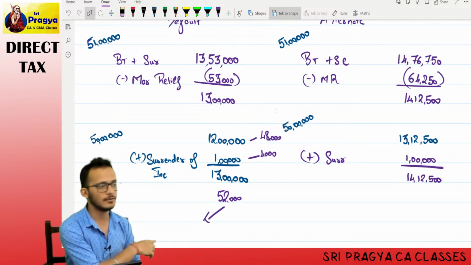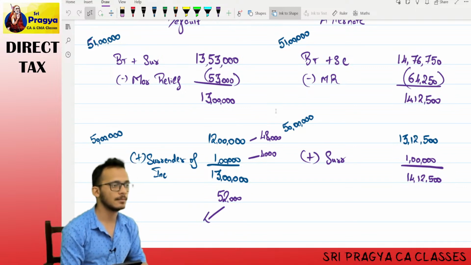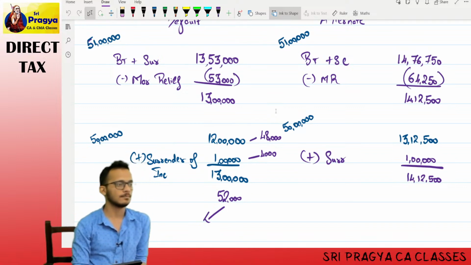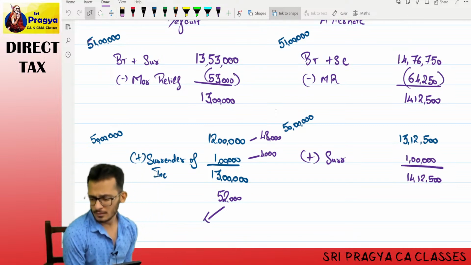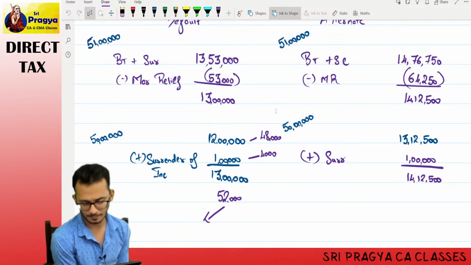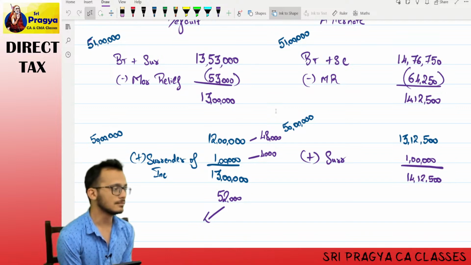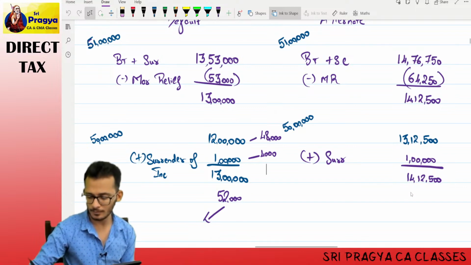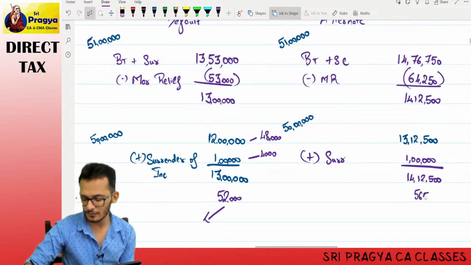As of now, close this. Numbers are matching. Add. Put the cess and close the answer. Correct. What is the number on the right side? 56,500. Total is